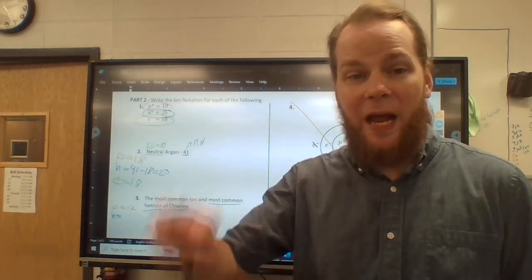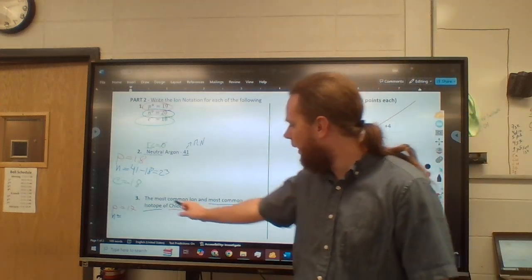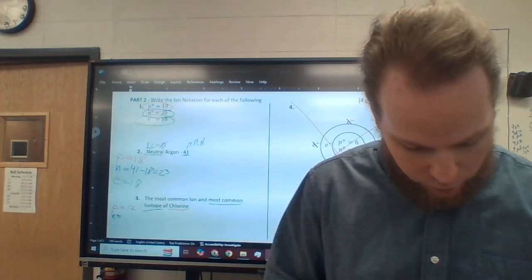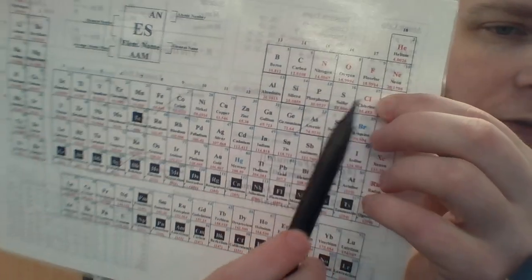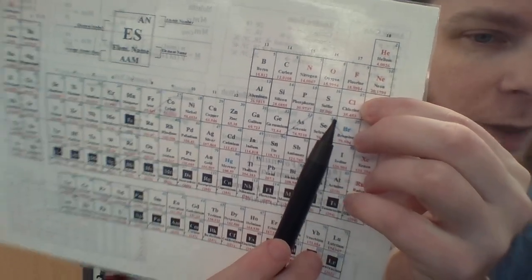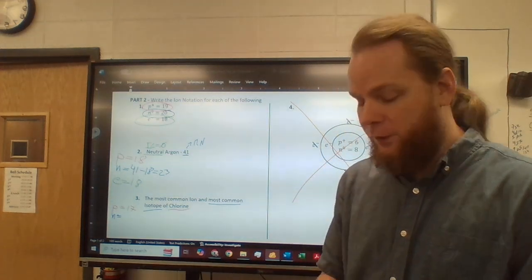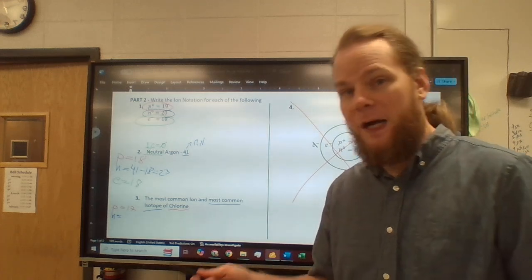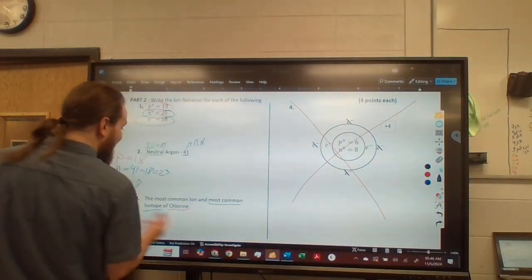In this case, and only in this case, when we are told most common isotope, we can find the element on the periodic table. Chlorine is right here. And this number right here, the average atomic mass, if we round that, then that will be the mass number for the most common isotope. So the average atomic mass is 35.453. If we round that, it's 35. So the mass number